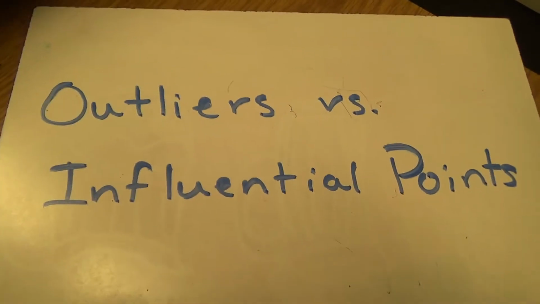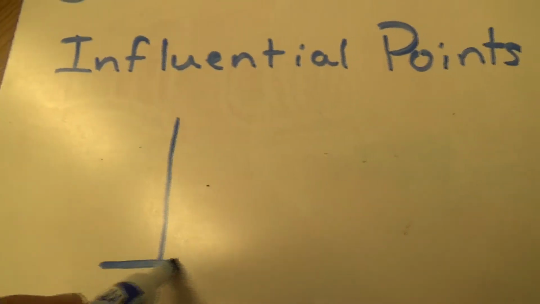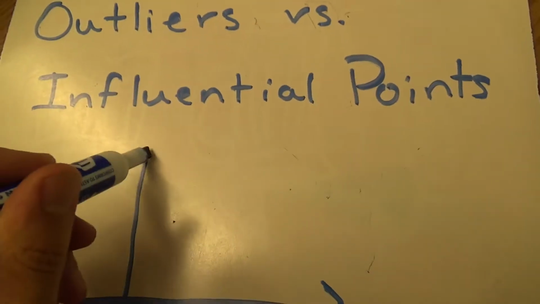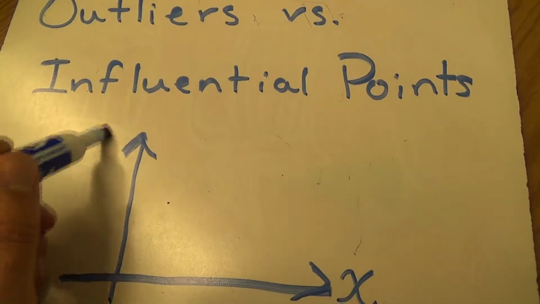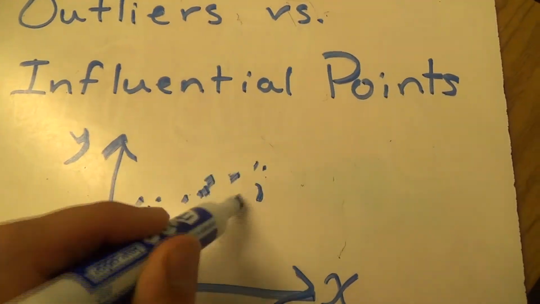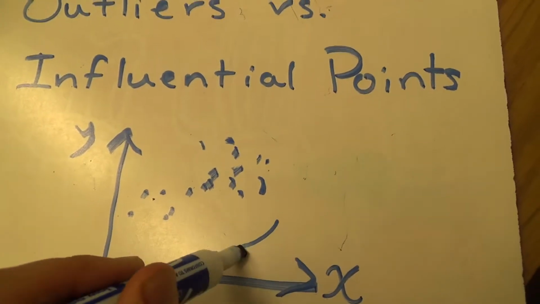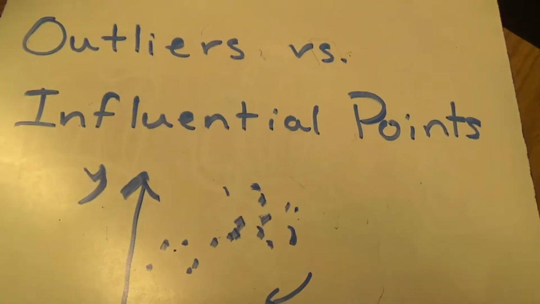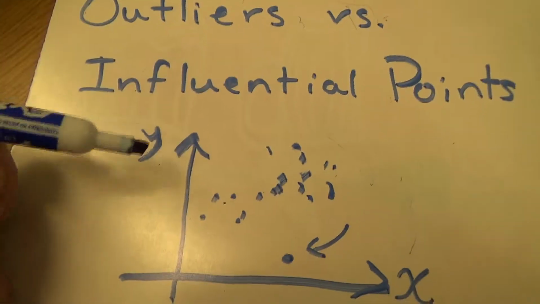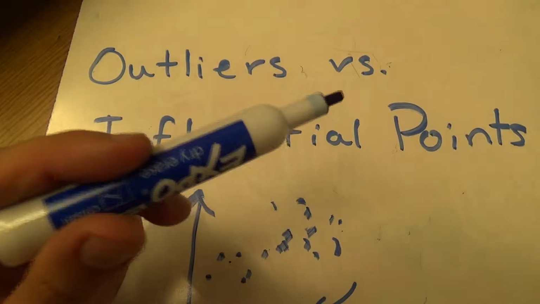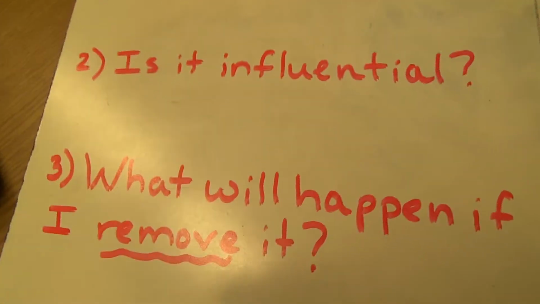Alright, the purpose of this video is when we're thinking about a scatter plot, so if we're thinking about x and y now, we call it bivariate data because there are two variables that are changing, and we have a scatter plot of dots, and then you have one dot that's kind of separated from the others. The purpose of this video is for us to think about what counts as an outlier on a scatter plot, what counts as an influential point on a scatter plot, and then what would happen if we removed that point